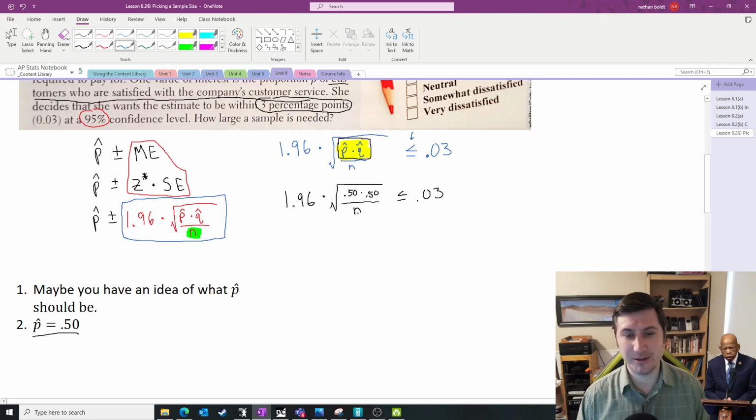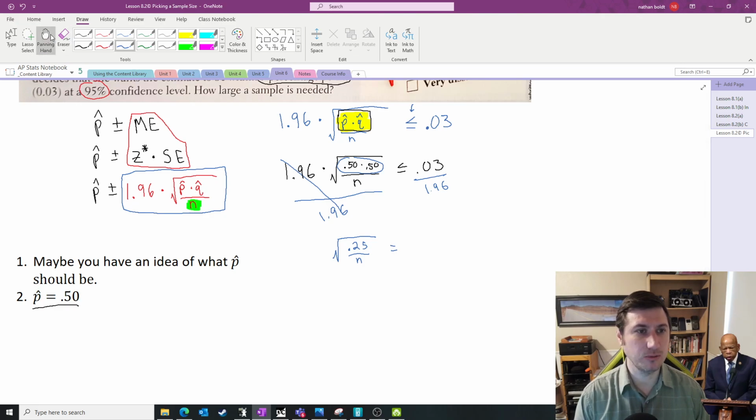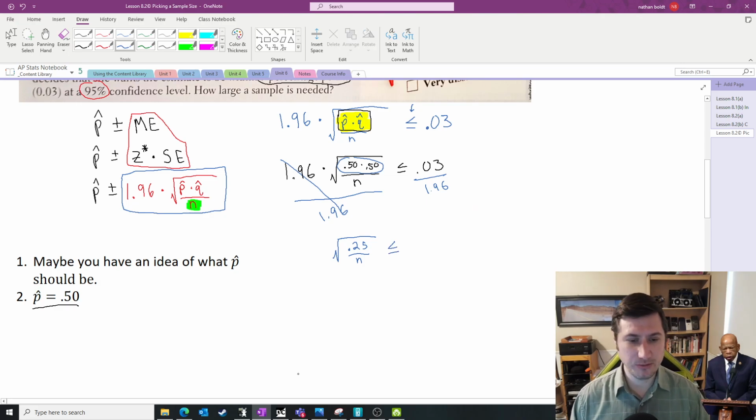So just sit back with me and let's solve this equation. This is like some of the most complicated algebra we ever do. To get n by itself, well, first let's get rid of the 1.96. We can divide both sides by 1.96, right? That will go away. So we're going to be left with the square root of, oh, let's do the middle. What's 0.5 times 0.5? 0.25 over n is less than or equal to 0.03